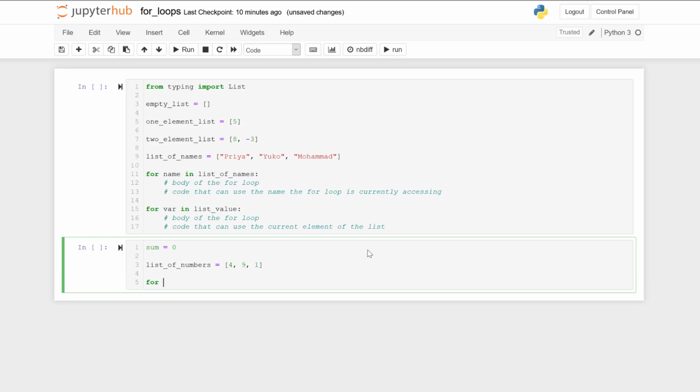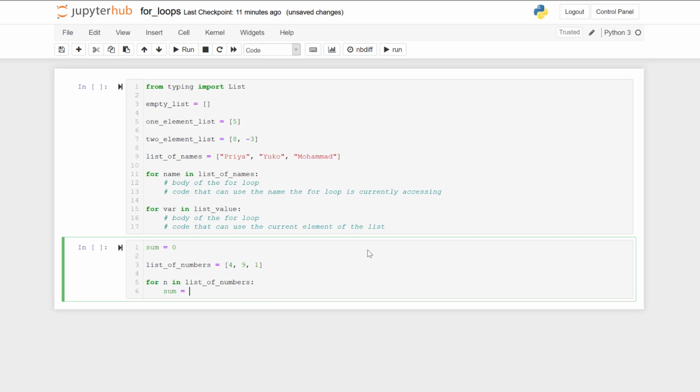Now I could write a for loop for n in list of numbers, where n is a variable that the for loop will use to access each element in the list one at a time, and list of numbers is referring to our list value that we see above.